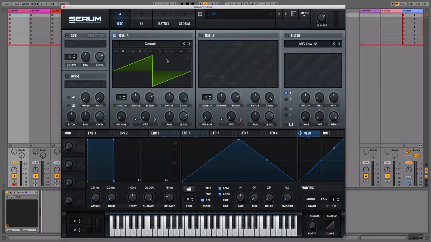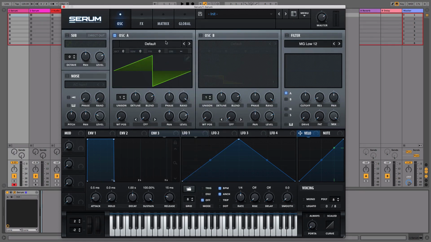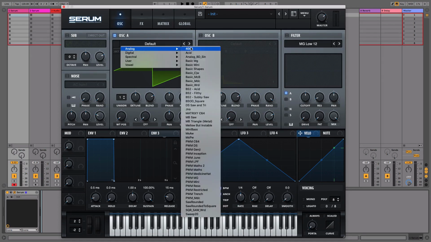In this module, we're going to be going deep into wavetable synthesis, seeing the kinds of sounds and effects you can create using the oscillators in one of their many different wavetable modes here. So just to explain exactly what wavetable synthesis is, let's go back to this basic shapes